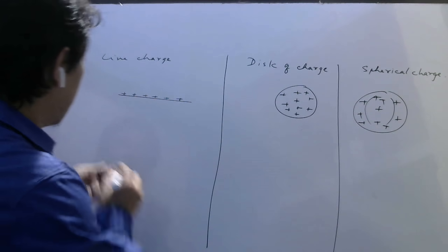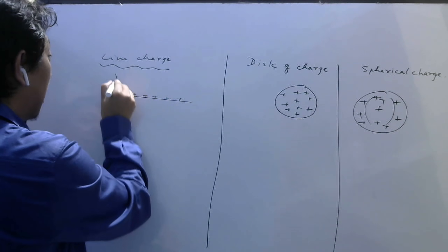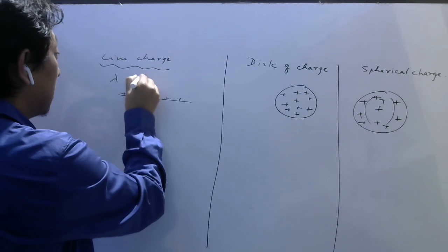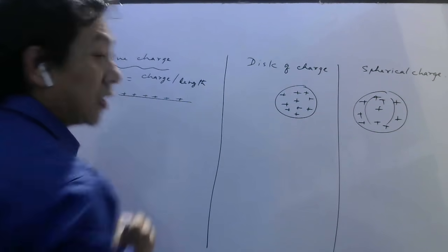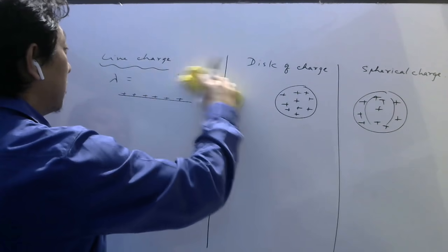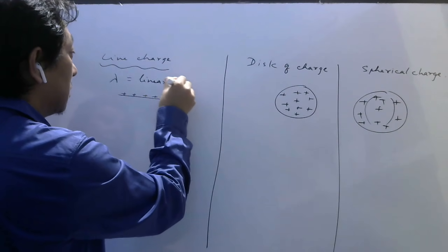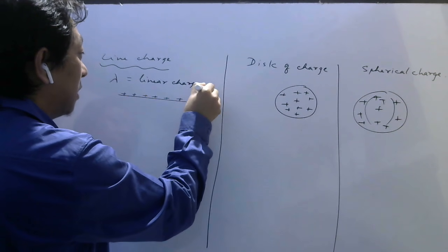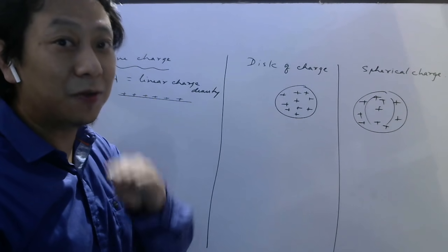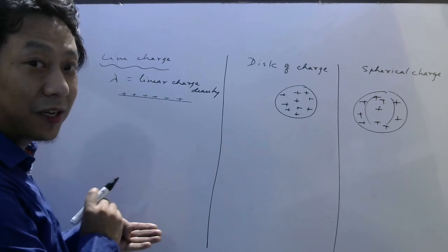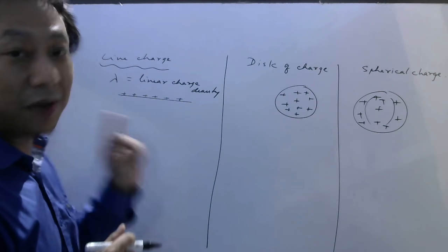Okay, so now suppose here, since it is line charge, we can define something called lambda. What is lambda? Defined as charge per unit length, which we say linear charge density, right? So let us write the name of this. Linear charge density. Basically it means charge per unit length. Similar to speed, say distance per unit time, or cost per unit apple. See, all these things are related in physics. Understood or not? That's why it's very interesting. So this is lambda, which is linear charge density.